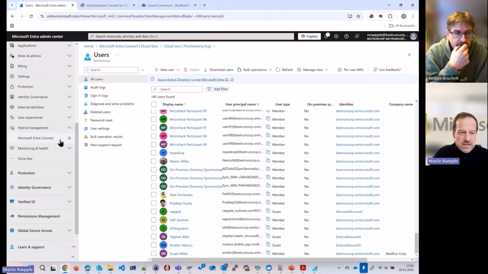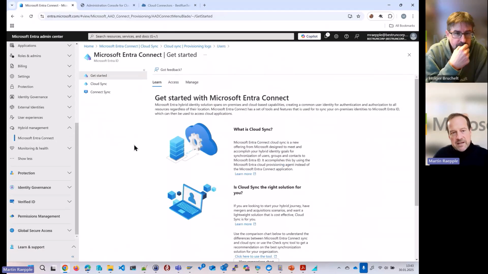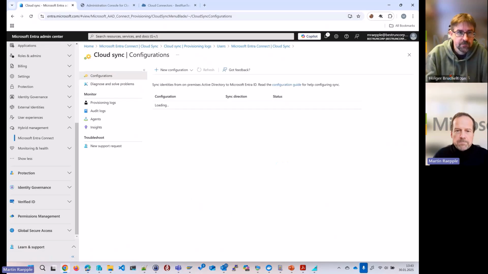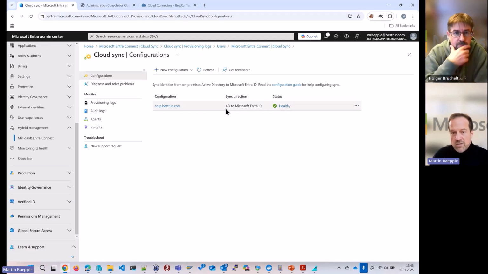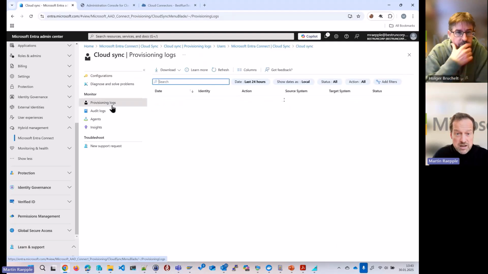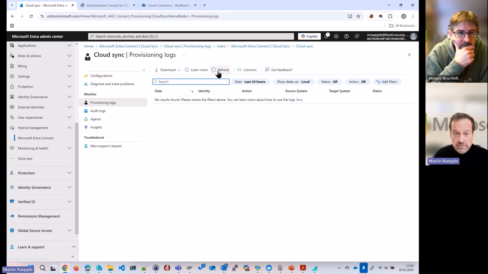Let's maybe start first with the setup of the synchronization between Active Directory and Entra ID. As I said, we have the Cloud Sync agent or the Cloud Provisioning agent installed on the domain controller. We see there's a status healthy, which basically says our sync direction from AD to Entra ID is working fine. We may also already see, if we go to the provisioning logs here, that we have the user synchronized. Okay, not yet. It takes, I think, every 5 minutes or so, the agent starts synchronizing again. So let's wait for that a second.